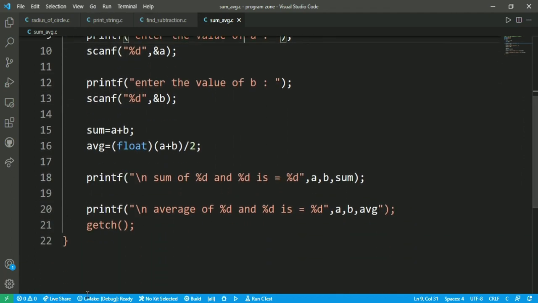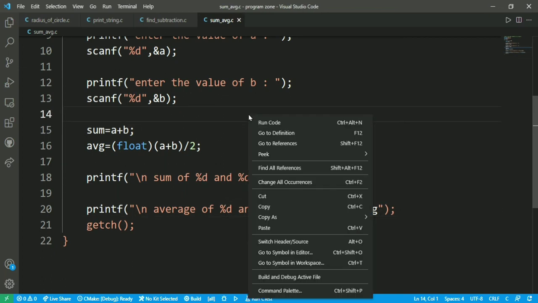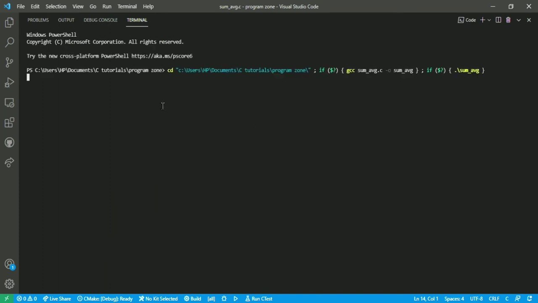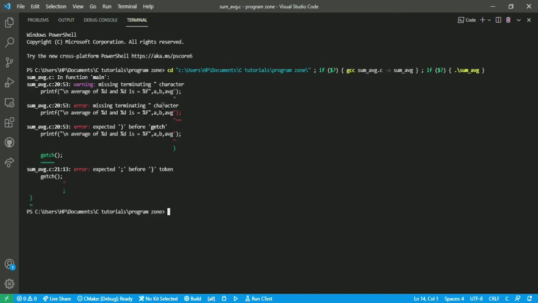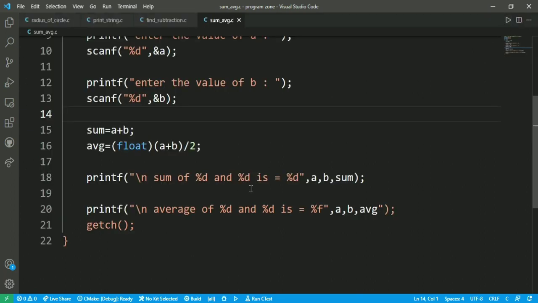In the printf, here I have to mention %f, not %d. Yes, this is the problem. I also put a double quotation by mistake, that's why. Now I think this is perfect.